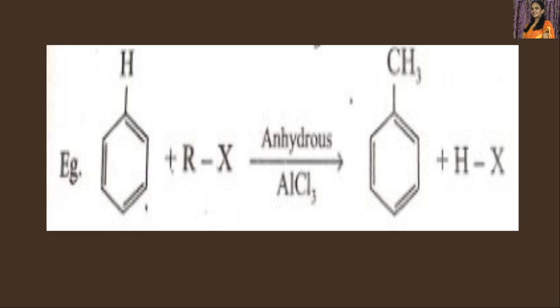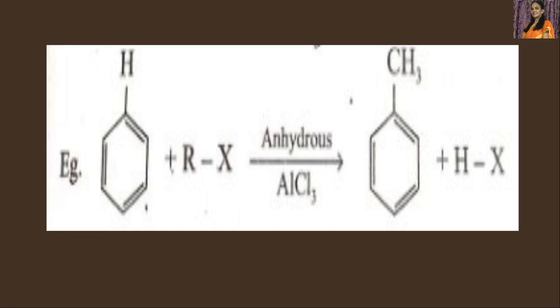So this is the molecule obtained. This is called toluene. So when benzene is treated with methyl halide in the presence of anhydrous AlCl3, we get toluene. So in this reaction, from RX, R is the